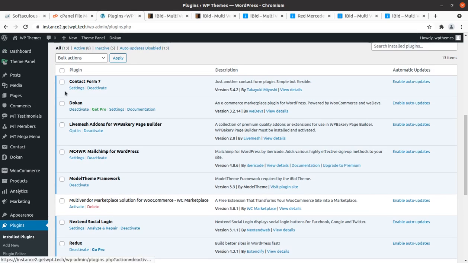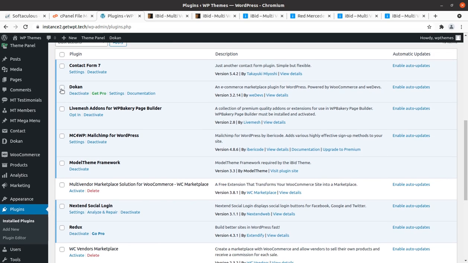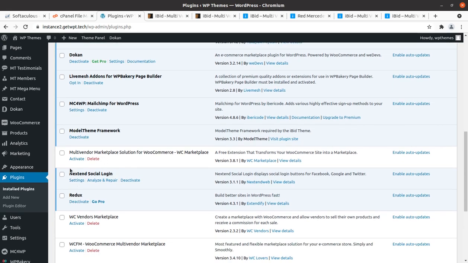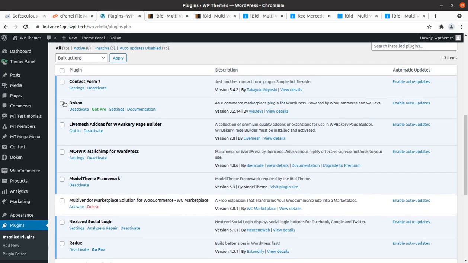Since we have activated Dokan, you can choose either Dokan or the multi-vendor marketplace solution, WC Marketplace. So you have to choose. Dokan is more popular, but it comes at a certain price if we choose the pro version. However, a free version is available, and you have to decide. So Dokan is recommended from my side.